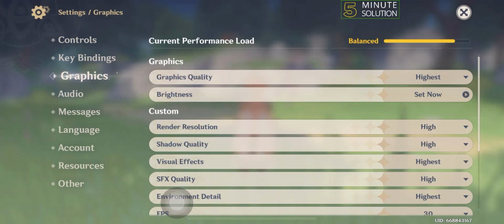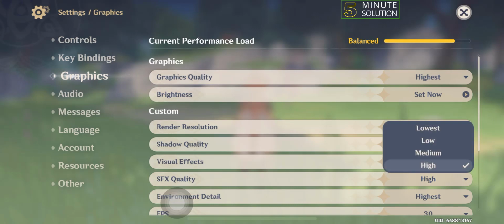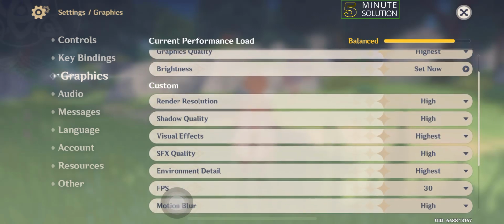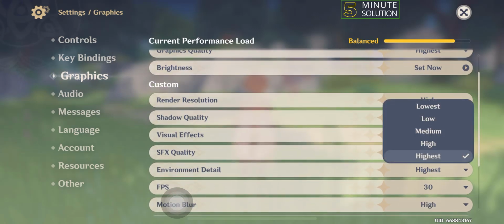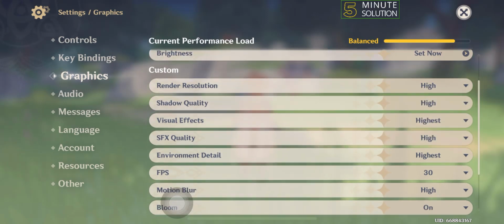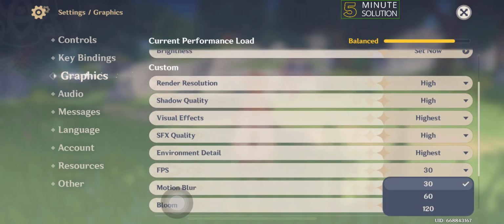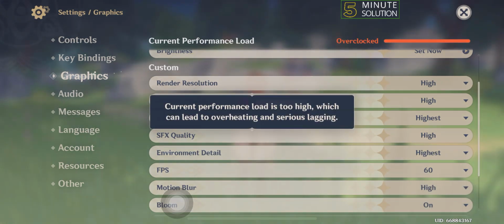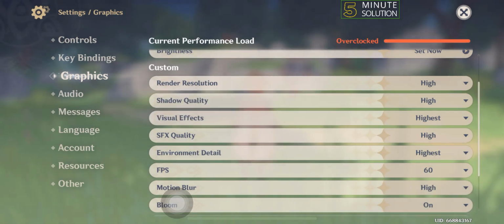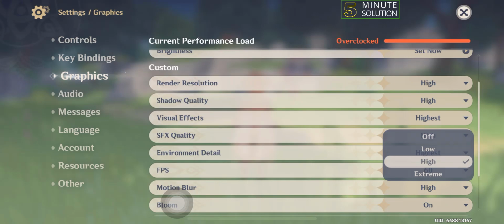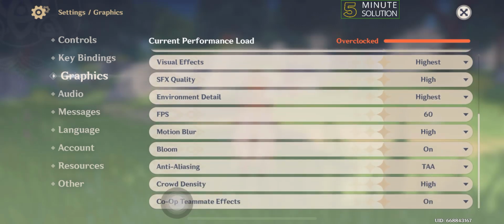Select high for render resolution, select high for shadow quality, visual effects, select high or highest, SFX quality, select high, environment detail, select highest or high, FPS, select 60 FPS, motion blur, select high, bloom, select on,